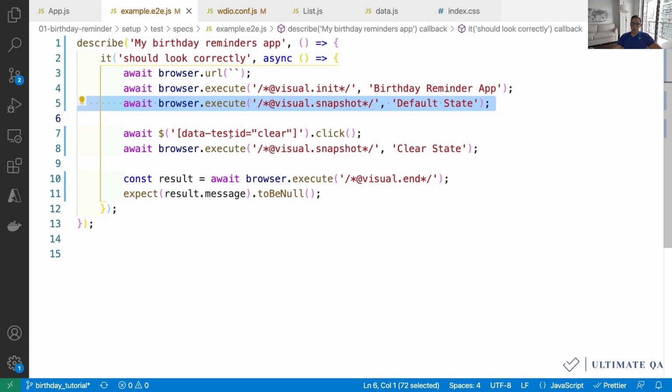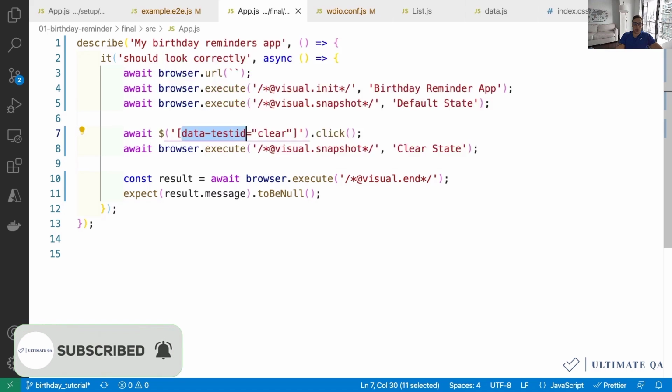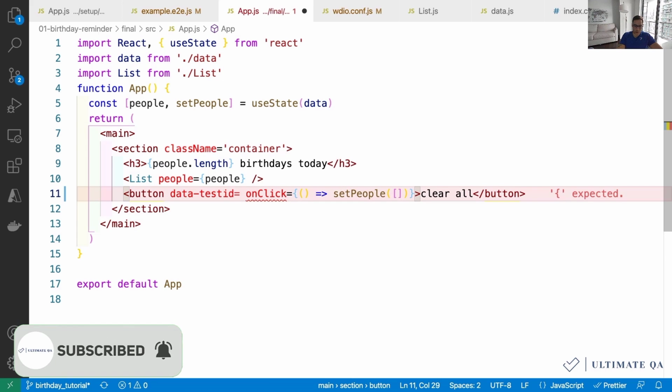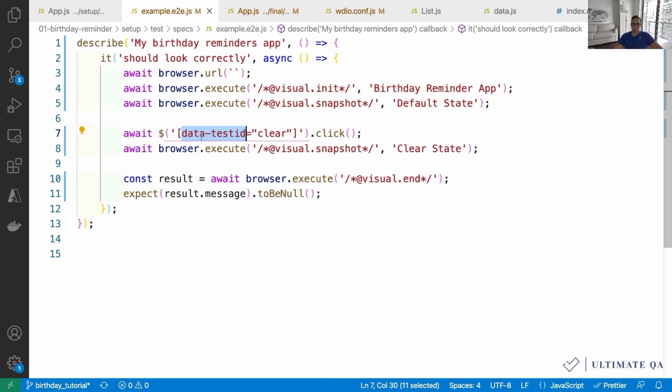Next, after it opens, I am going to click on our button. What I've done here too is add a data test ID attribute to make our button more unique. And so in order for this to be possible, we have to come back to app.js, and in our button, we're gonna add a data test ID attribute, calling it clear. So now our button has this unique test ID that we can use for our identification purposes, and we're gonna